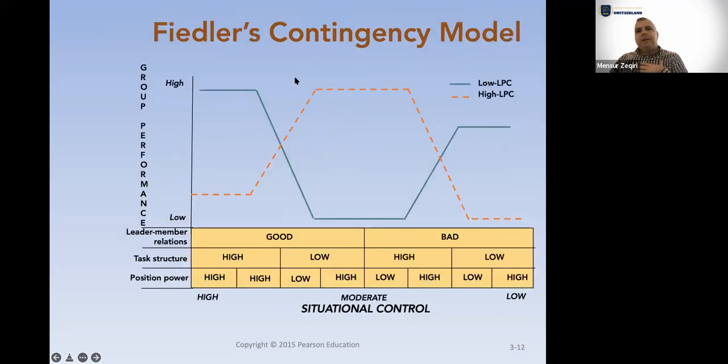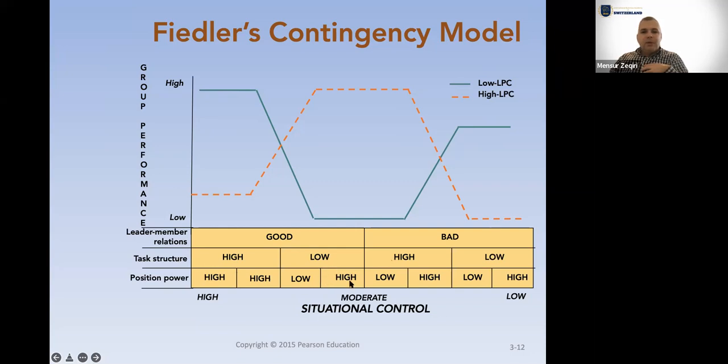So yeah, I explained this, but here we have these slides that show how this combination of group performance and situational control are correlated in these cases. So in the moment that leader-member relations are good, the task structure is high, and the position power is high, the group performance is going to be high. However, when task structure is low